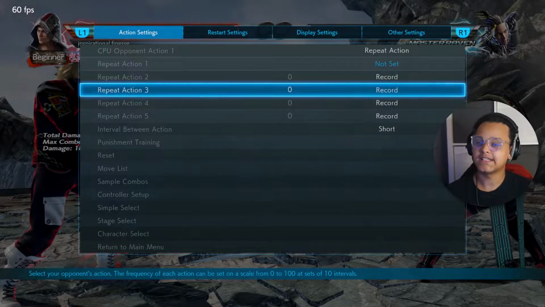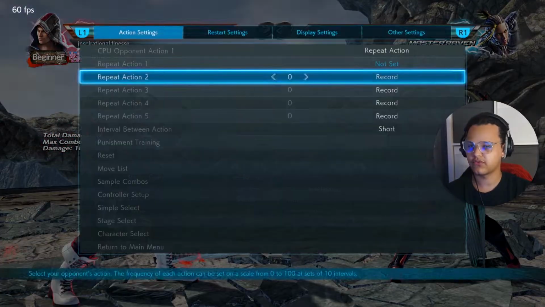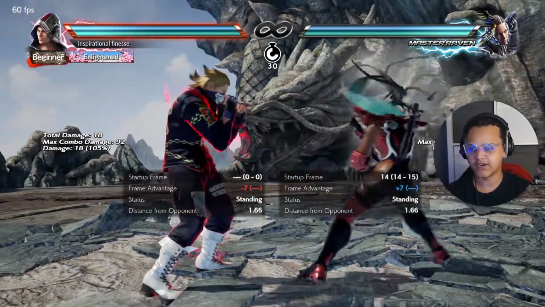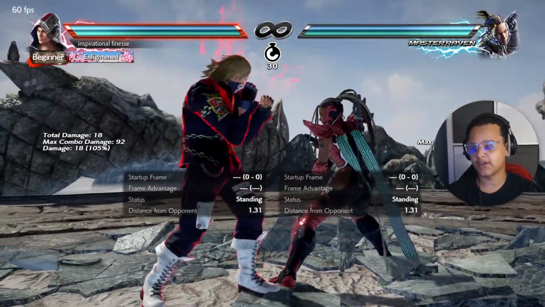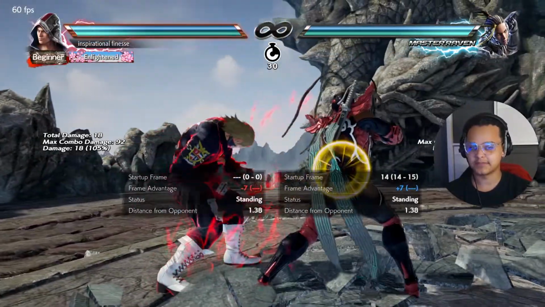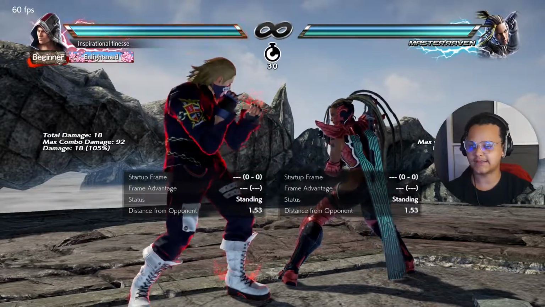So basically, I wanted to make the video because of what happened to me at VSF. I did a low poke, down back 4, let's record that. What I did was down back 4, down forward 1, and I got rage arted and I lost the game. Another thing to note is when someone does a rage art and they absorb the move, that move does less damage. As you can see, this does 15 damage, but if I do that same sequence